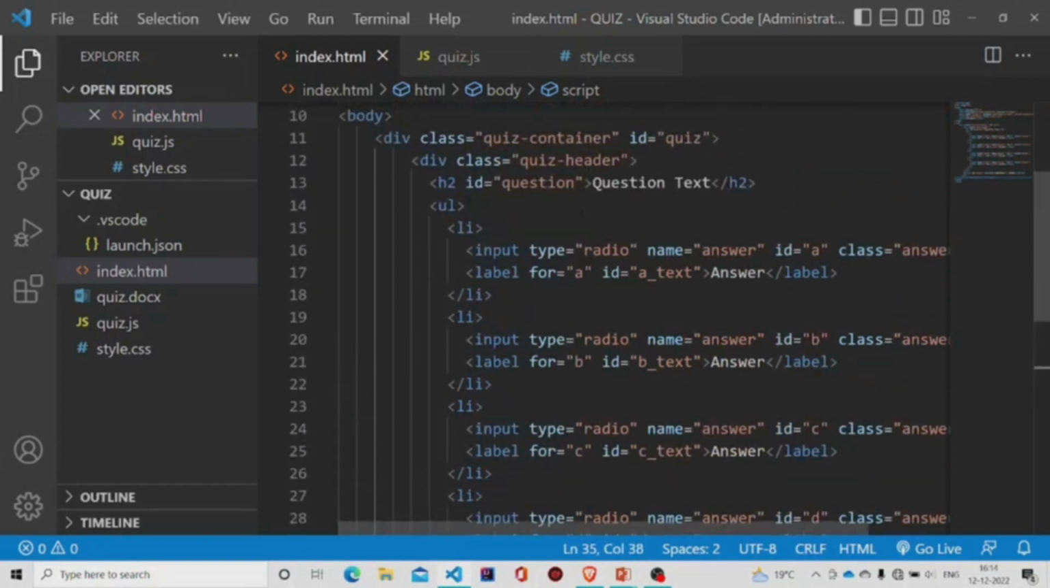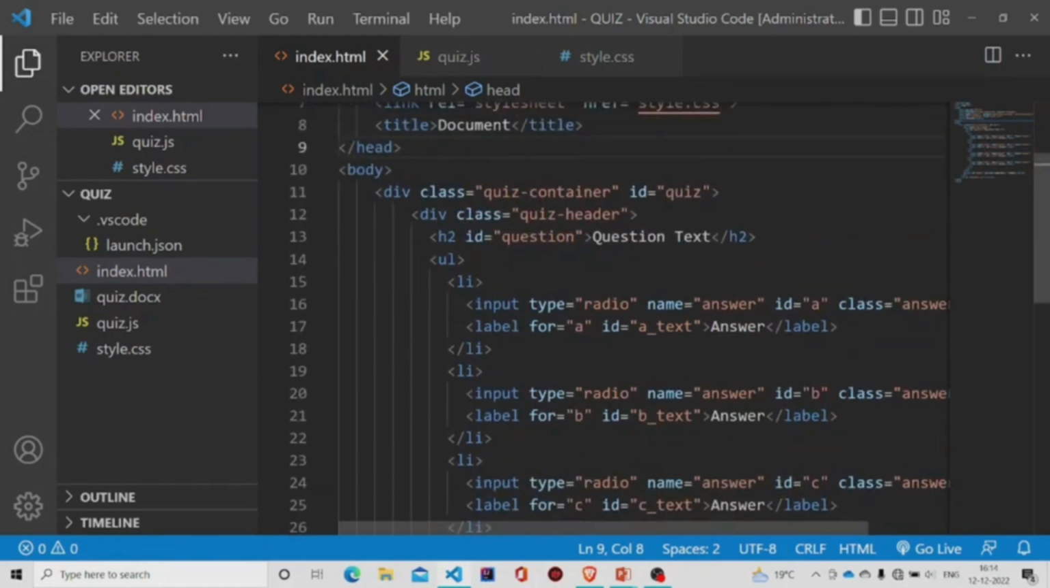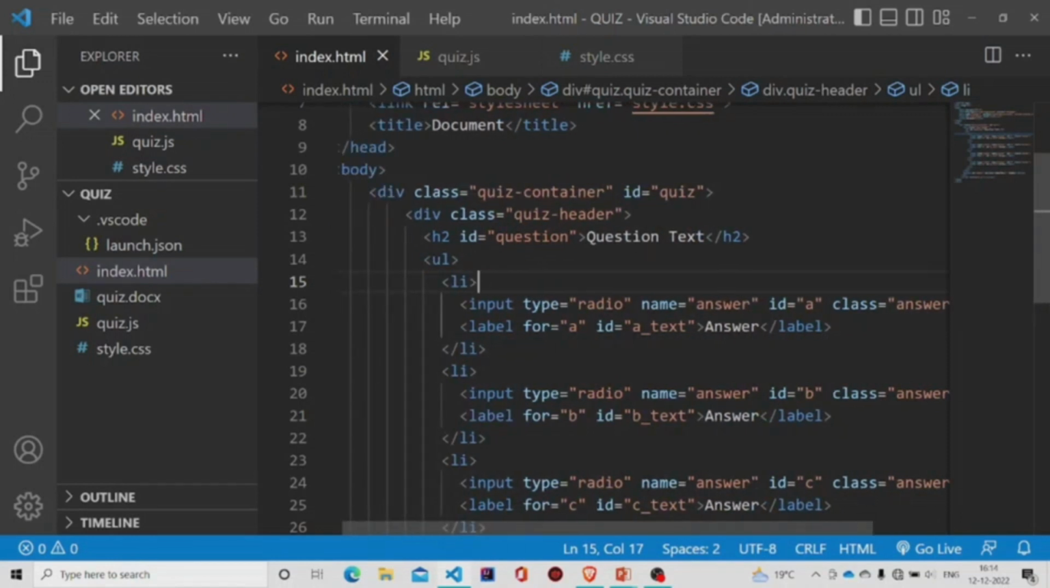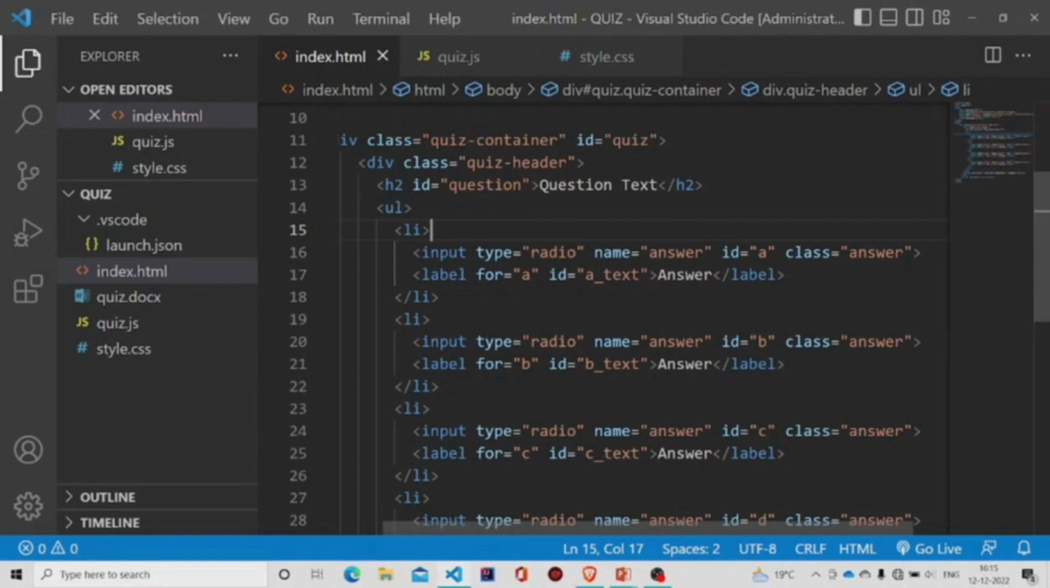Okay, now let's understand the structure of the body. So this is the div. I have provided the class. It is a very simple UI. So over here is the unordered list, which consists of this input, which is a radio button, and labels. And there's a heading over here with h2, question text. We'll be placing the question over here,